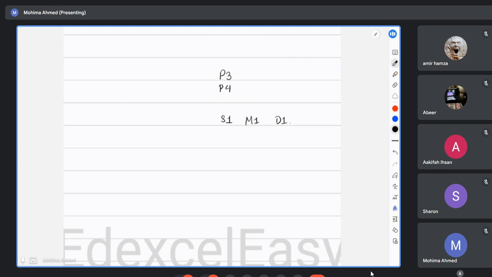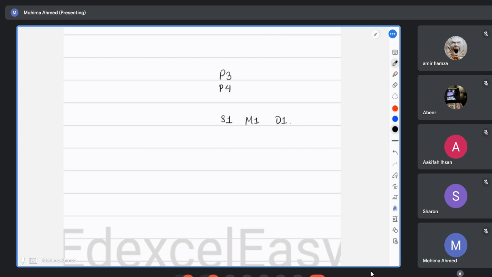But for S1, chapter 1 is entirely a waste of time. There's nothing there. They would only ask you what is a discrete variable, what is a random variable. I can explain that while solving the questions from your chapter 2 also. So for S1 chapter 1, M1 chapter 1, D1 chapter 1, we're not going to follow the book. But other than that, all the rest of the chapters will be followed from your book, and a few worksheets will be provided in cases of tough chapters.